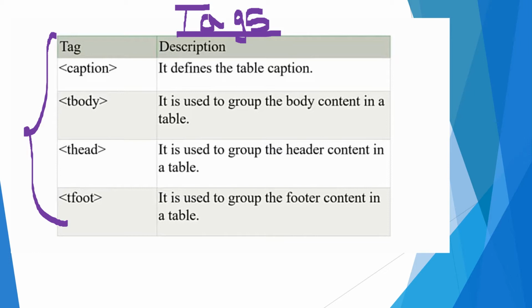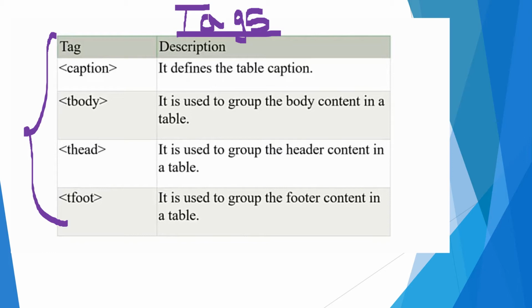Some other table may show credits and debits. In some other tables, monthly earnings. In some other table, a timetable. For example, if you create a table for a timetable, then you will write a timetable caption here. So for creating a caption or heading for a table, which summarizes the content of the table, the caption tag is used. This caption tag is written immediately after the table tag.